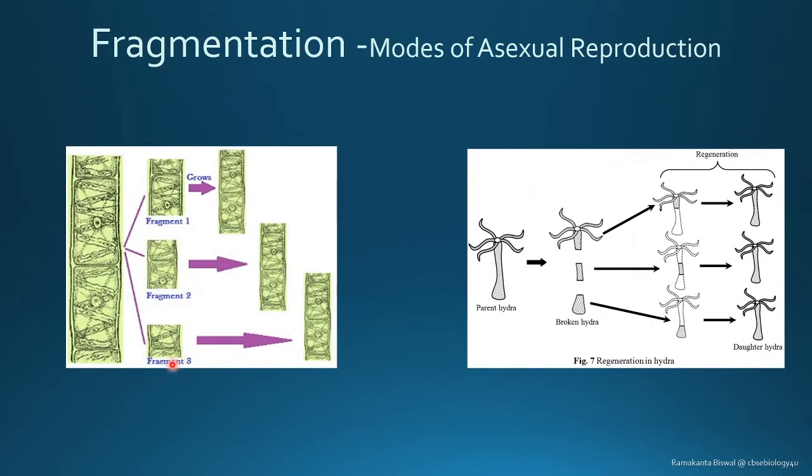So here in the image, as you can see, this is Spirogyra. If the Spirogyra splits into 3 or more fragments, each of the fragments has the capability to regrow into the entire organism, the entire Spirogyra here. Similarly, in the case of regeneration, if I intentionally cut Planaria or Hydra into a number of pieces, each of the pieces has the ability to regrow into the entire organism. Each of the broken Hydra parts may or may not regrow, but typically in the case of fragmentation, the fragment has the ability to regrow into the entire organism.